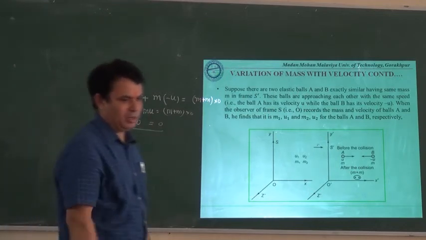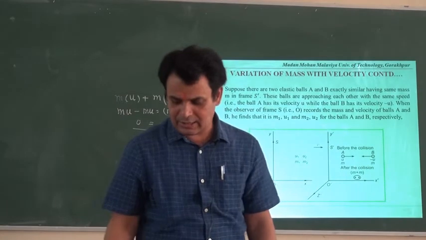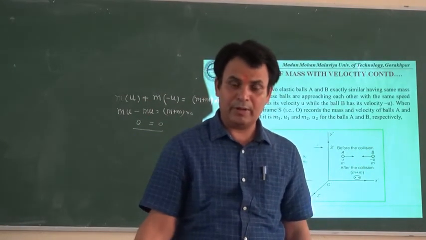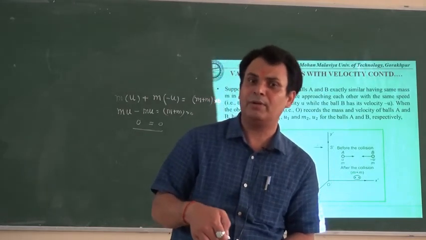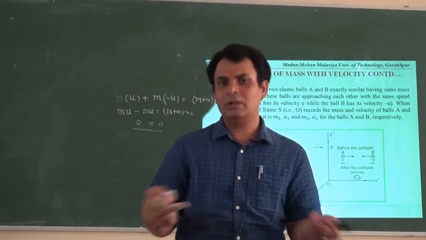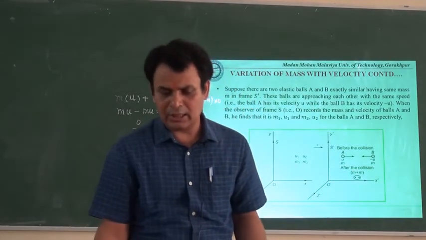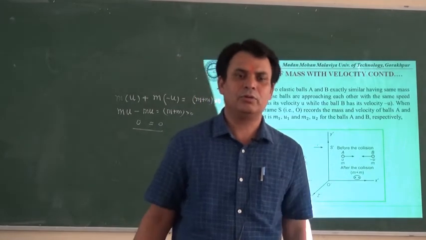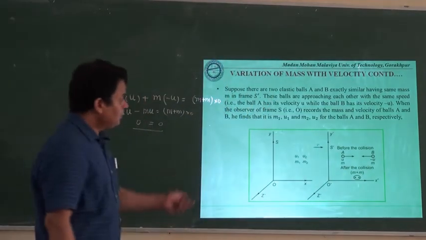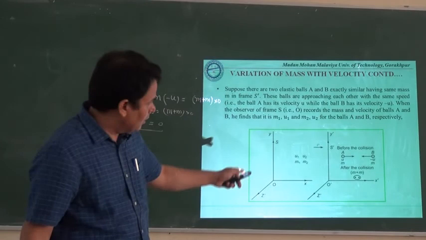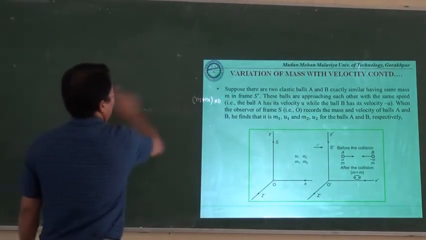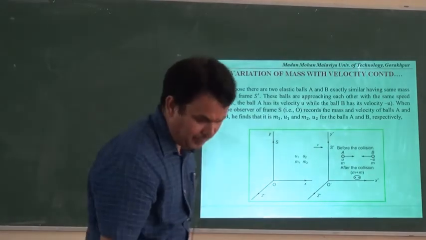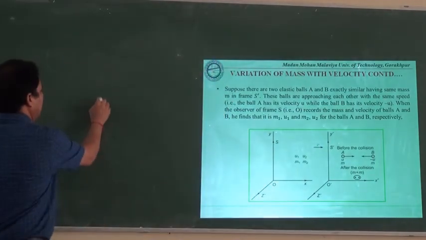Hence the law of conservation of momentum will be valid if the observation has been taken by being in the same frame of reference in which the balls have been placed, and they are supposed to move in opposite directions and form the coalesced mass after the collision. Now if the same thing has been observed by being in the moving frame of reference, then the observer will say, let us try to have the law of conservation of momentum, and in that we will write